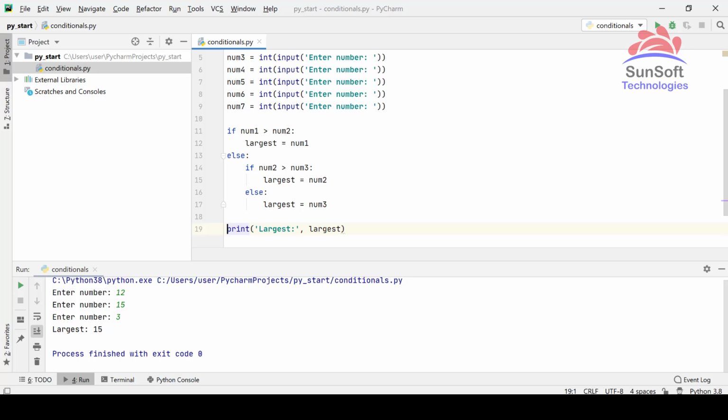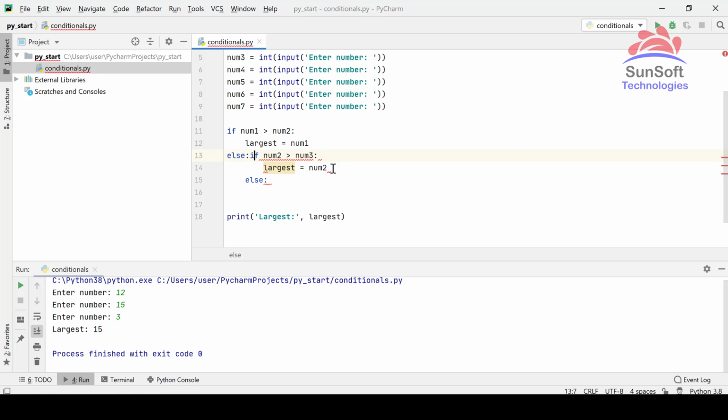Then what we'll have to do is basically just go on comparing it with every one of these numbers for 7 times. What that will do is create 6 levels of indentation. The first level of indentation is this, second level is this, third will be there, fourth will be there. So what Python does for us to remove this, because in Python readability is the most important thing, you have to make your code readable.